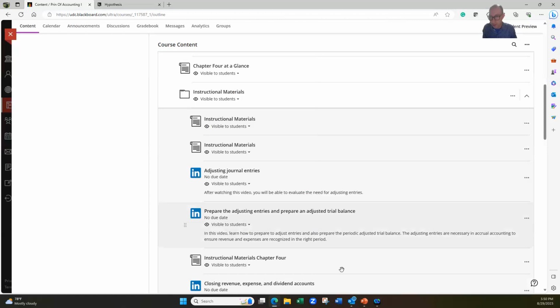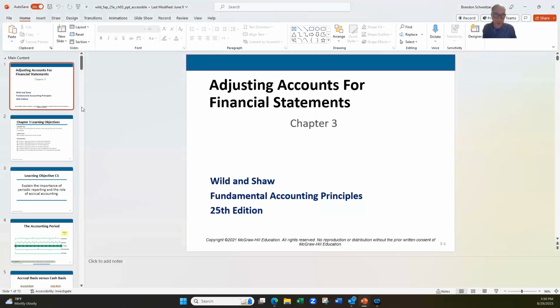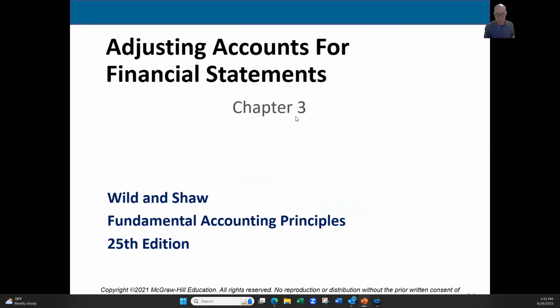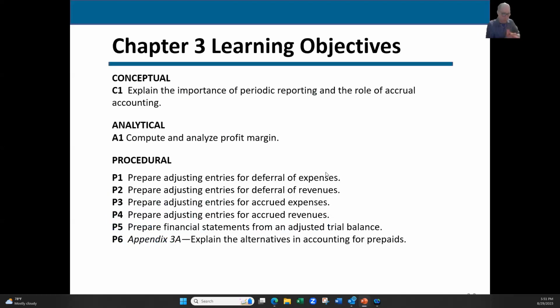So it's there. Okay, let's go ahead and jump into our discussion on adjustments for financial statements. We call them adjusting entries. You hear me refer to that a lot. In accounting, sometimes we make errors. Sometimes we have to adjust for transactions that have occurred. We call these adjusting entries. The idea behind them is that we are